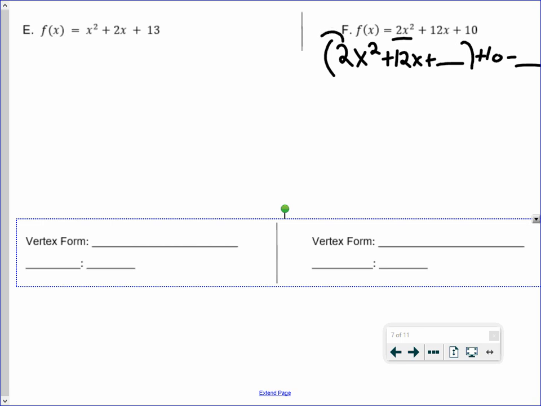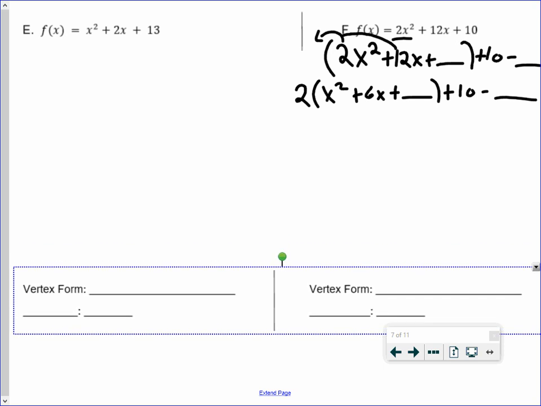So we take this 2 and we factor it out. Remember, we have to do that for every single value inside the parentheses. So we take the 2 out. We're left with x squared plus 6x, right? What we take out, we divide by everything inside the parentheses, plus some blank. And then we have plus 10 minus another blank over there. Okay? So from here, we're going to solve it how we normally would. We're going to ignore the 2 for now, but we're going to solve the parentheses how we usually do. Okay? So we have 2